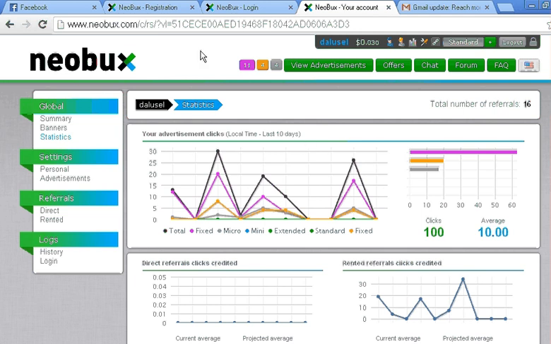Here you earn the money. So let's say I'm logging in. Right now I have $0.030. This is because I have bought so many referrals, and I'll show you how to do that. Right here you see 11, 4 and 4. These are the advertisements you have to click. Once you click these, you will be paid. Right now I have $0.030, so once I complete clicking these, I'll show you how much I get. So just keep watching.